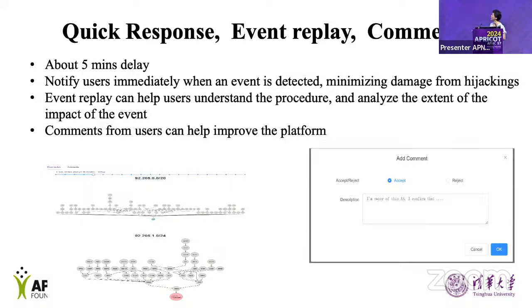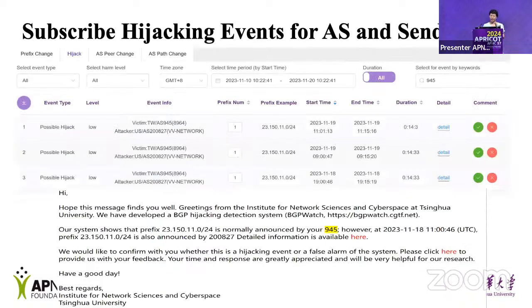And also users can write comments to give us some feedback. Users can subscribe to hijacking events for their AS number, and then they will get the alarm email here.